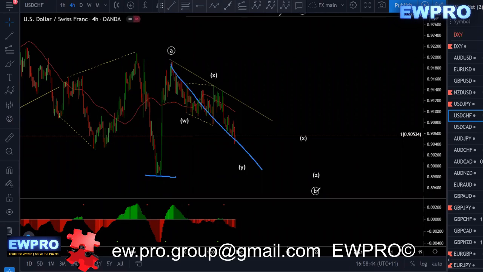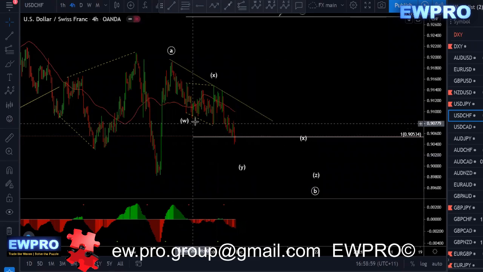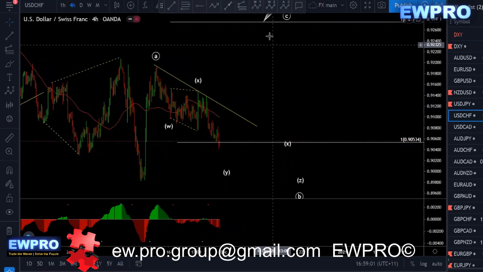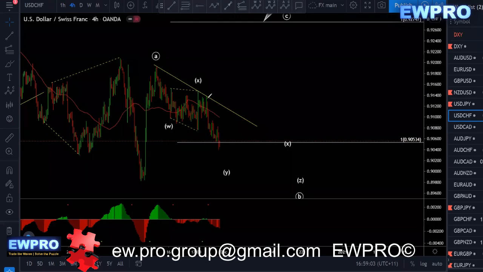But either way, like I said, even if this breaks the low, it's still going to be a B wave, and we get that A, B, C before we get more downside. If it breaks this low, well, it's going to be an A, B, C for a running or expanding flat, and we get a lower low. I'm only looking for buys. I mean, we're at a low, so